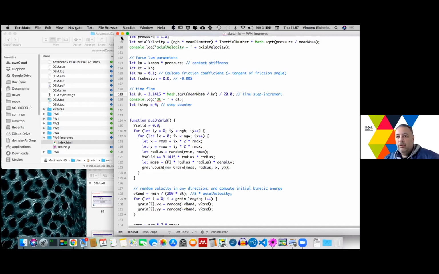Then you can also add the servo that, as a function of the current force that acts on the wall, updates the force that you apply, or updates the displacement, the velocity with a servo. It's less easy to do, but sometimes it may be useful if you want to control